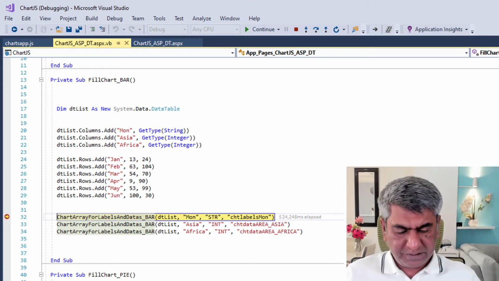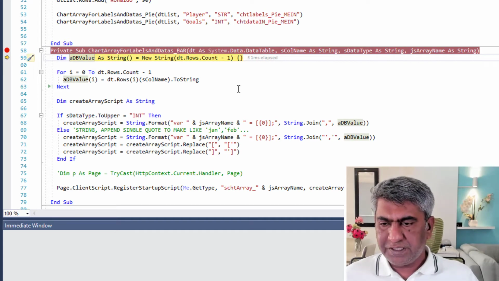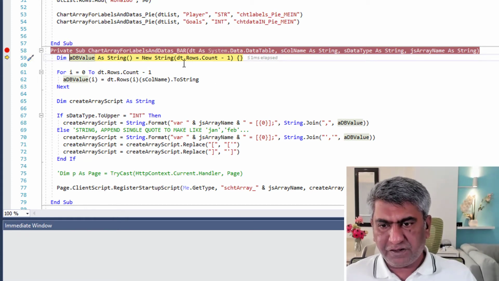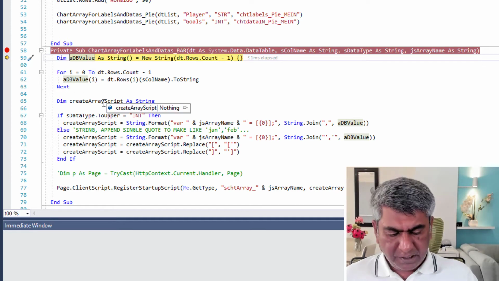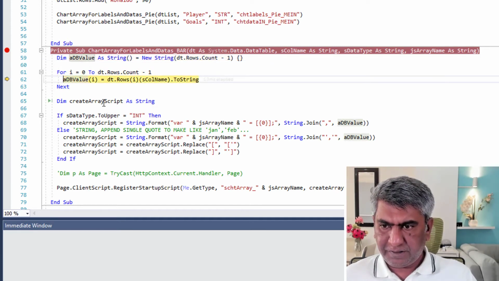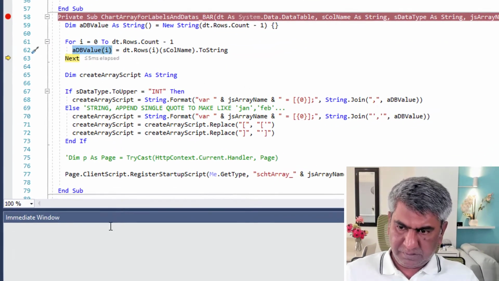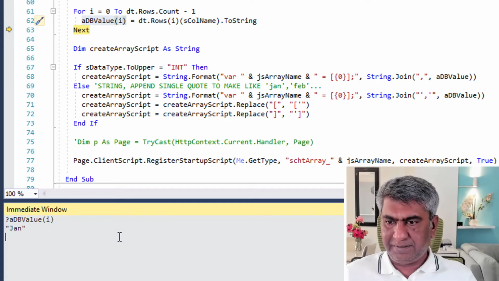Let's go inside this with F10 and see. The first thing we are doing here is defining an ASP.NET array which is empty, and we are giving the size of the data table to the array, and one by one, going into the loop, we are going to fill this array from the data table. So if you see F10, F10, F10, if I see the value of this, it is Jan.